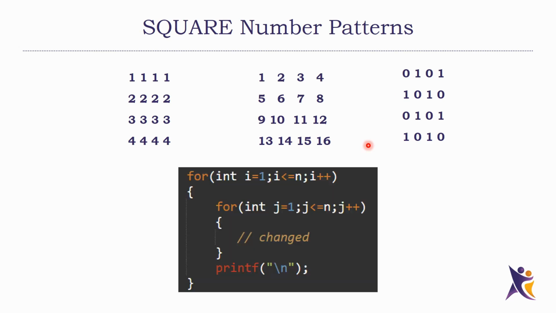The only thing that changes is, the logic doesn't change, the outer loop and the inner loop don't change. The only thing that changes is the printf statement inside the inner loop. Before, we used to print a star, right? For the number formats, we just change this: instead of printing a star, we will print some number. We will figure out how to do that. So if you learn the logic to print star patterns, then all these number patterns will be easy.